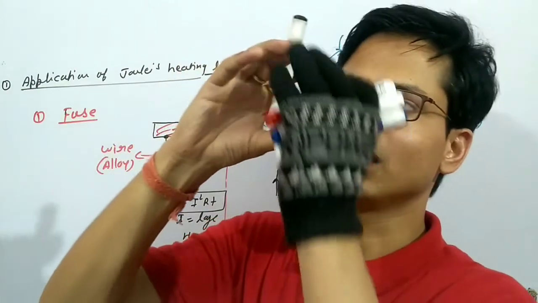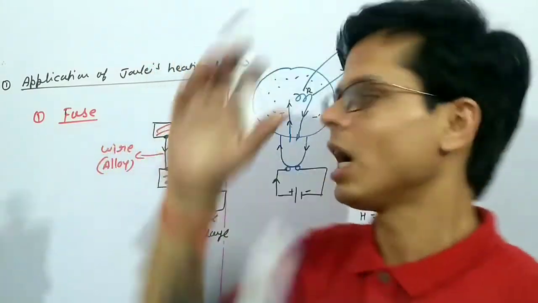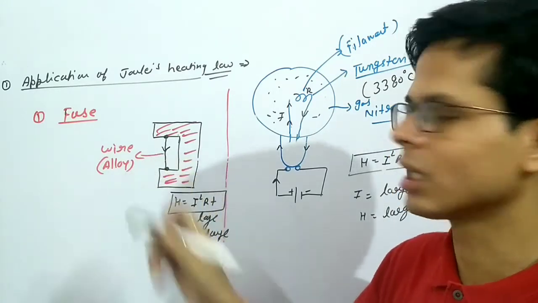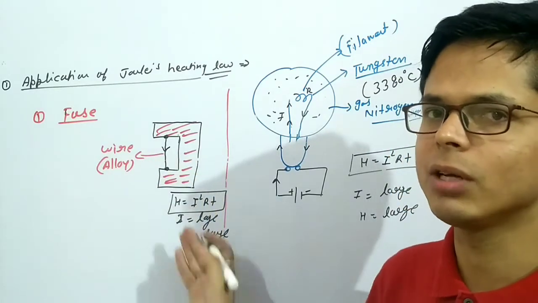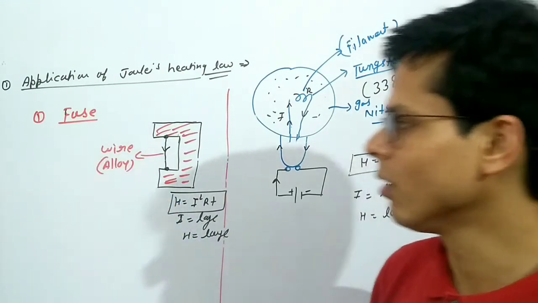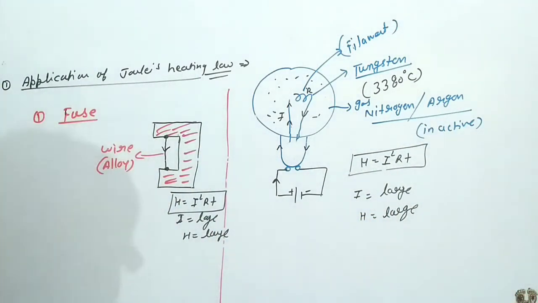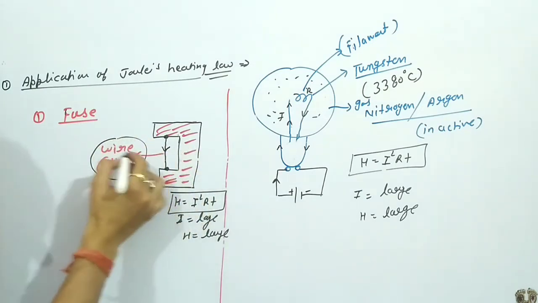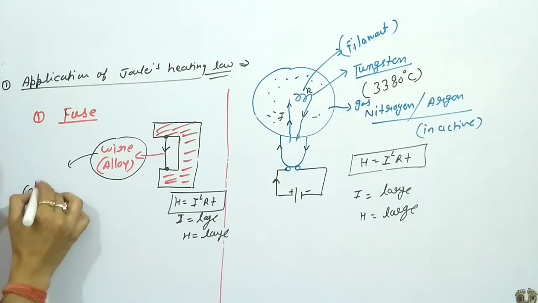When large current will come through this and large heat will produce, and it will come to its melting point and break. When it breaks, the circuit will be destroyed, and that extra current will not come to your home. Clear? So this works on the principle of what? Joule's heating law. Now the wire of this fuse is made up of copper,